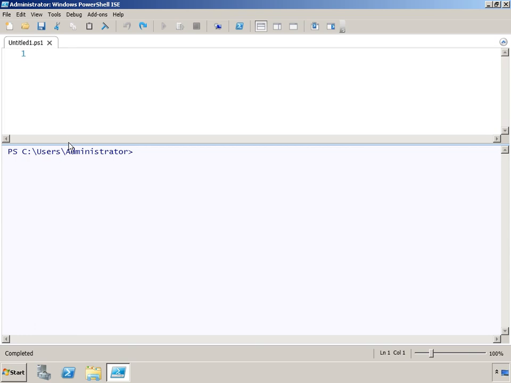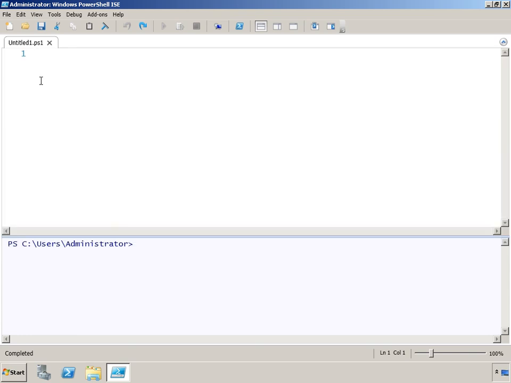In PowerShell ISE, I've gone ahead and opened up the script pane, and I've got a new script called untitled1.ps1. And what I'm going to do is write a very simple hello world function. Now, a PowerShell function starts with a declaration that says that what follows is a function, and that declaration is the function keyword, followed by the actual name of the function. All right, and so I'm going to name this function Write-HelloWorld,